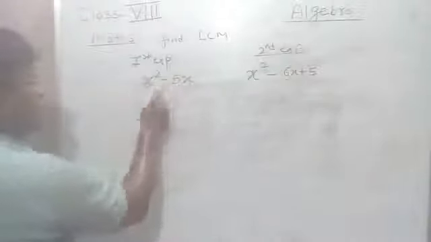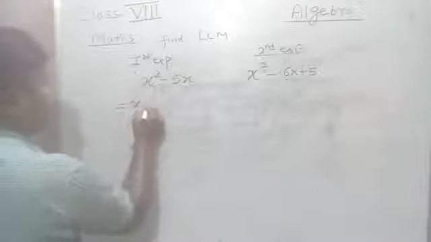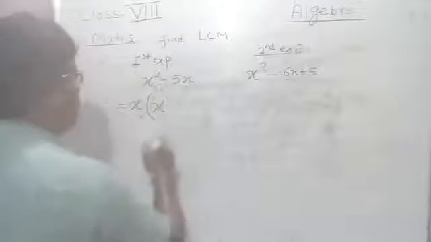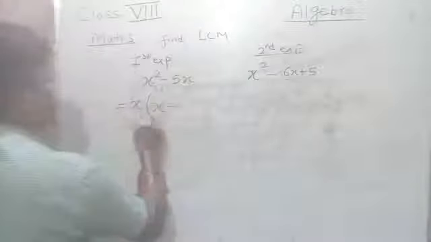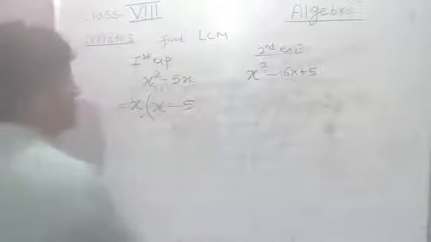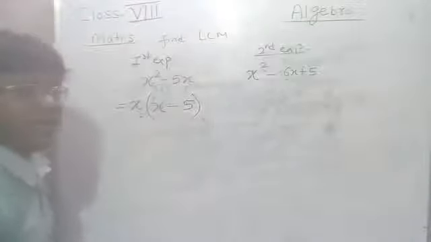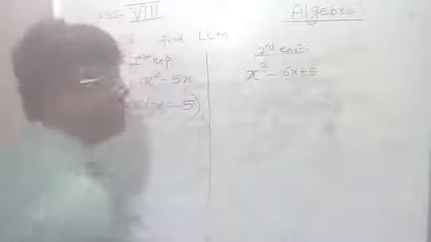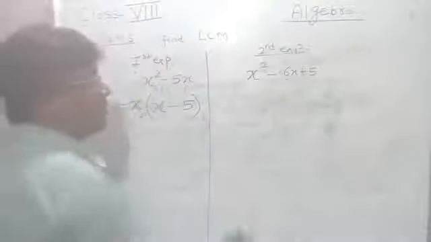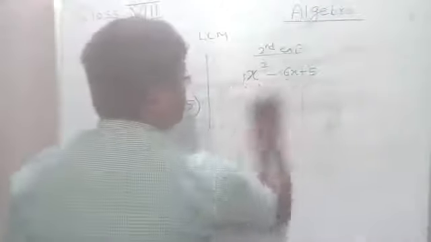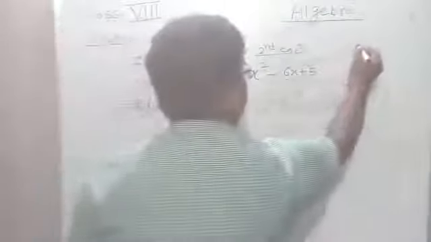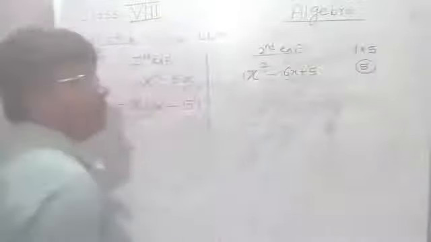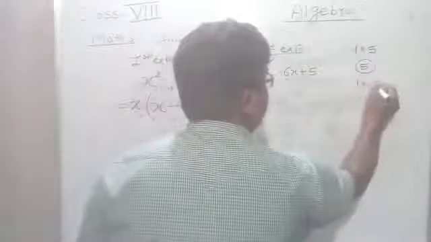First, what is common in all? That is your x. So here in x square, x is taken as common, so x is remaining, and from minus 5x, x is taken as common, so 5 is remaining. So this is the factor, we cannot factorize further. But in this case, this is the case of a quadratic equation. So what we have to do, here it is your 1 and here the constant term is 5. So let's multiply 1 into 5, that is your 5. So what are the factors of 5? That is only 1 and 5.